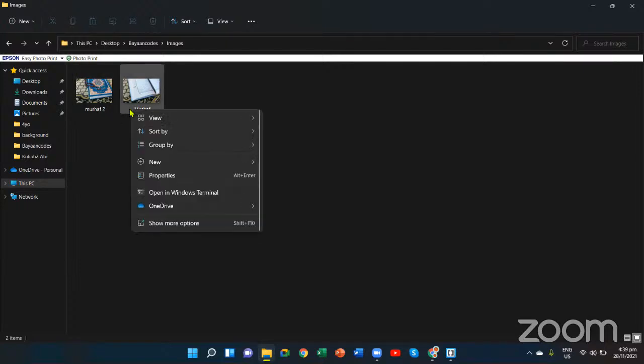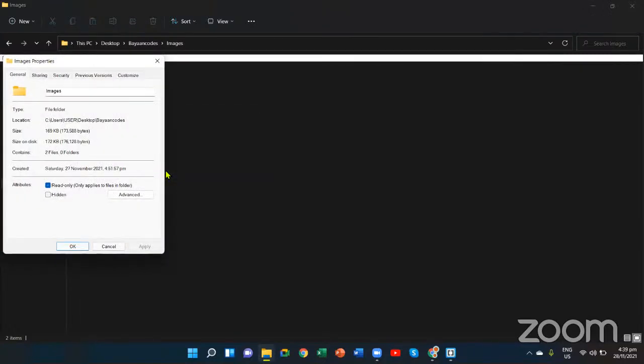Right click on it. Properties. What does it say? Is it JPEG or JPG? Go to